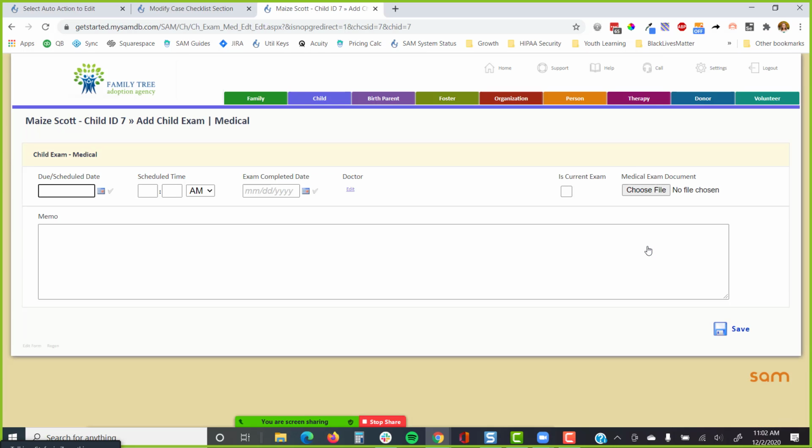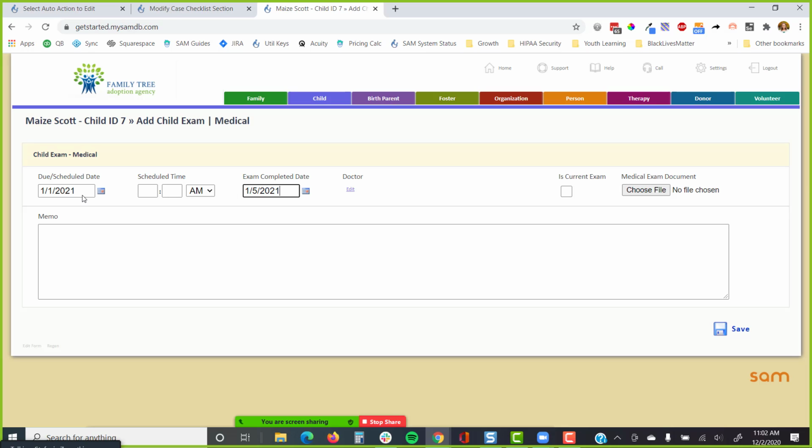So a medical exam might be due within 30 days of the placement start date. So when the placement start date is entered, we might insert one of these records that has the due date as plus 30 days. So what is that, 1/1/2021, something like that from today, right? We could insert that. Generally, if you decide to use this, like the monthly reporting, auto actions, when the exam is completed, right? We enter this as maybe it was